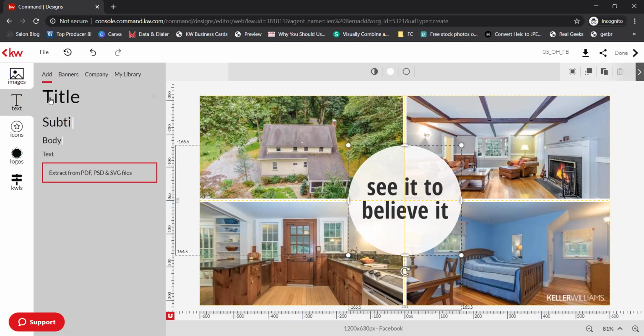And what'll happen, it'll come up with what type of text do I want to add. Do I want to add a title? Do I want to add subtitle, body text, or a text block? I'm going to say I want to add a subtitle because I want it to be pretty large so people can see what I'm trying to say, basically announcing that we have an open house or a virtual open house. So I'm going to click on subtitle,